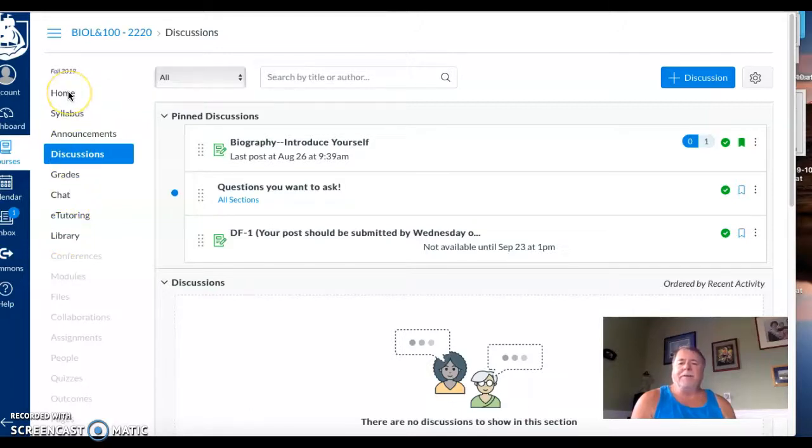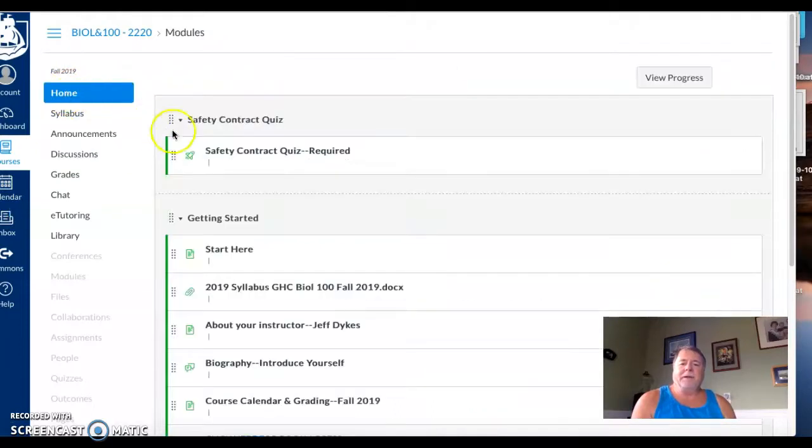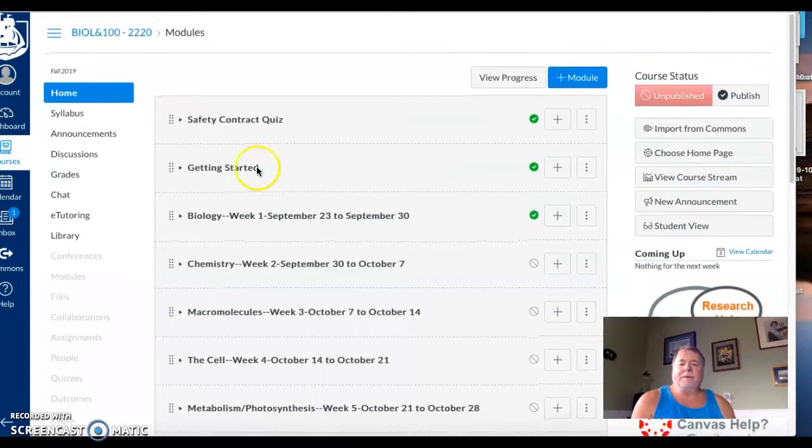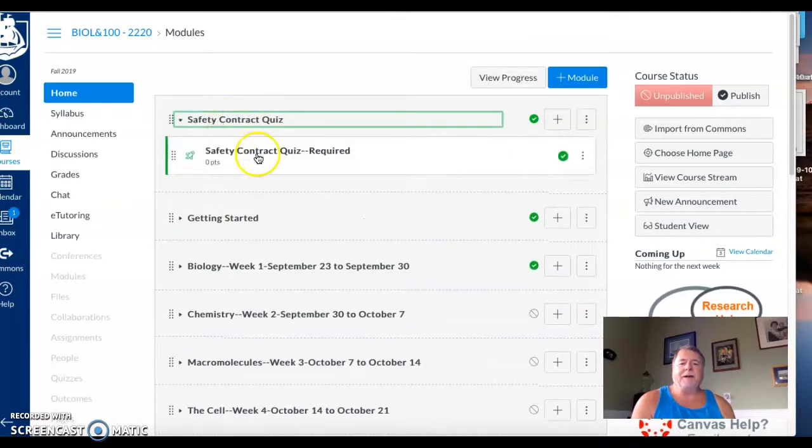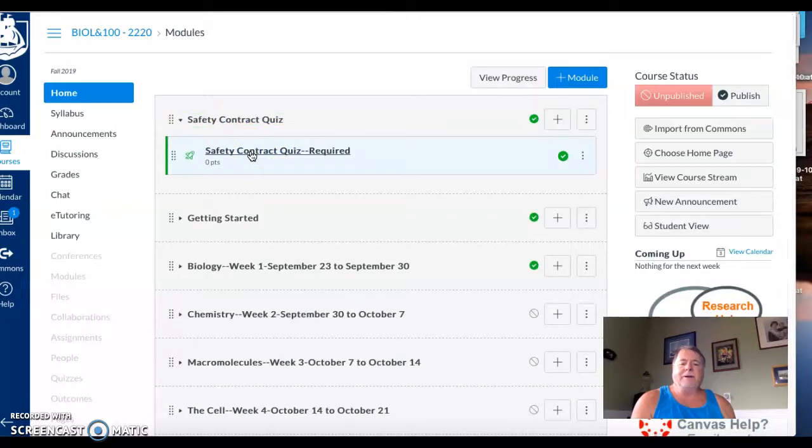All right, so I'm going to take us back to home. So I'm going to go up to home and click. And then that gives us our materials. So the first thing you're going to do is top of the page, you're going to do a safety contract quiz. And so you'll click on that, and when you click on that, you'll get a link to